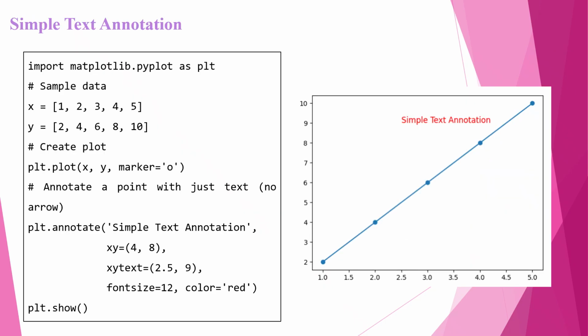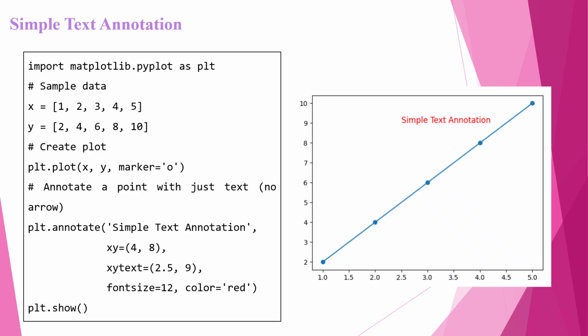This code demonstrates how to add a simple text annotation to a plot using Matplotlib. First, a basic line plot is created using the given x and y values with markers added to clearly show each data point. The annotate function is then used to place a text label called simple text annotation on the